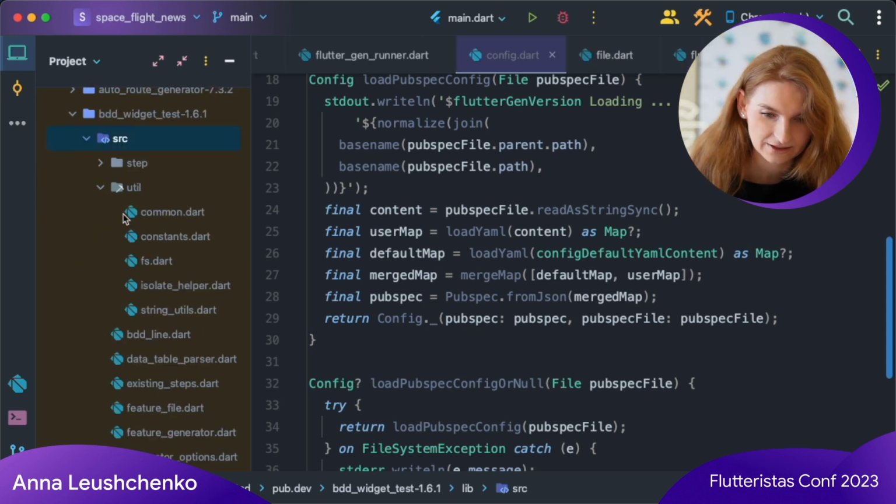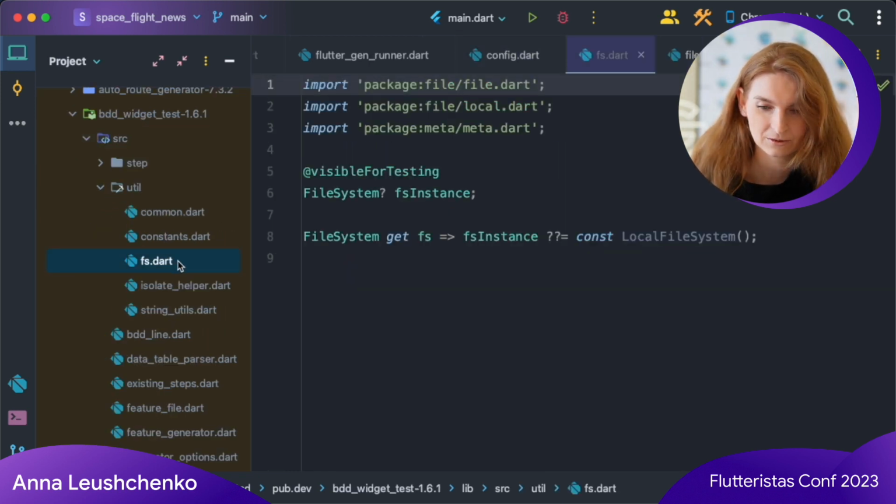So they have a file system global getter, which by default returns an instance of the local file system. It is a wrapper implementation around Dart.io. So basically it's the real file system. And they implemented an ability to provide a mock instance of a file system from tests. Let's do something similar.